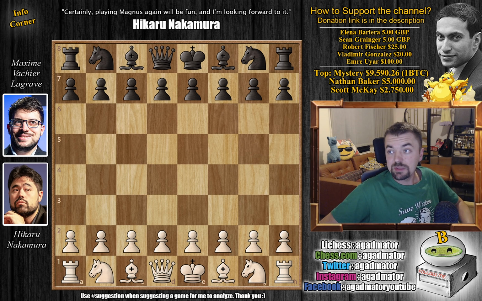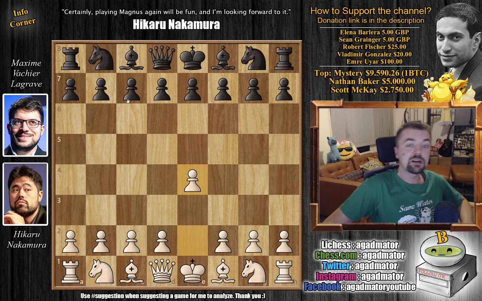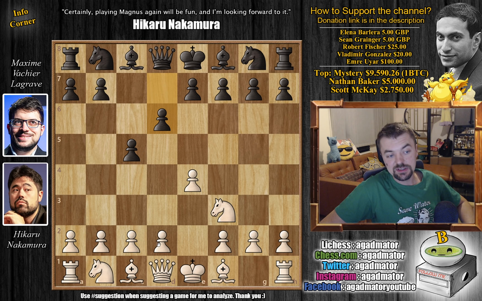Nakamura with the white pieces opens with e4. We have c5 by Maxime, going for his Sicilian, of course, which is what he usually does. He's the world's greatest expert on the Sicilian defense. Knight to f3 and d6. And Nakamura, not interested in playing right into his strong hand with an open Sicilian like d4,